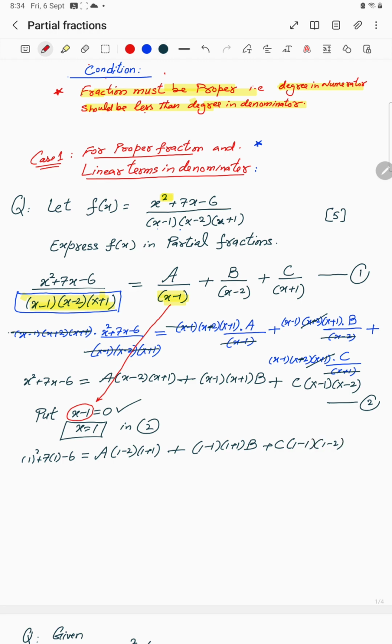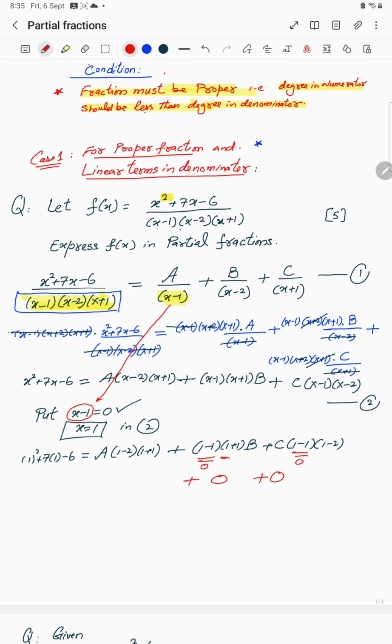Here you can see 1 minus 1 is 0, so the entire term becomes 0. B will be eliminated. And 1 minus 1 is 0, so C will also be eliminated. Only the A term is left. A key point, or the click point, is that for linear cases, case 1 type questions, when you